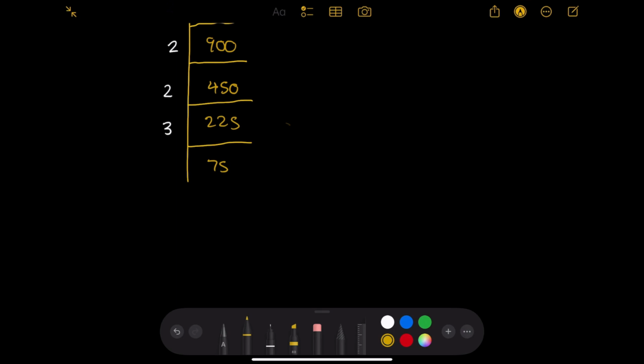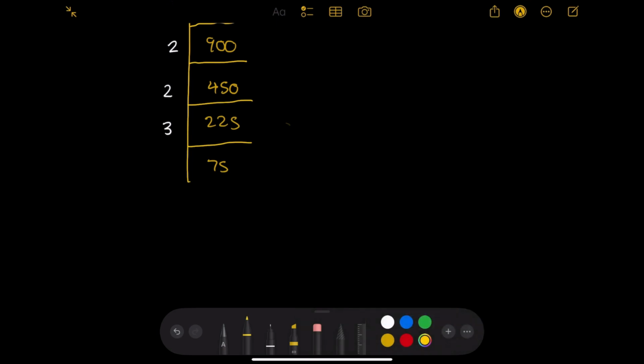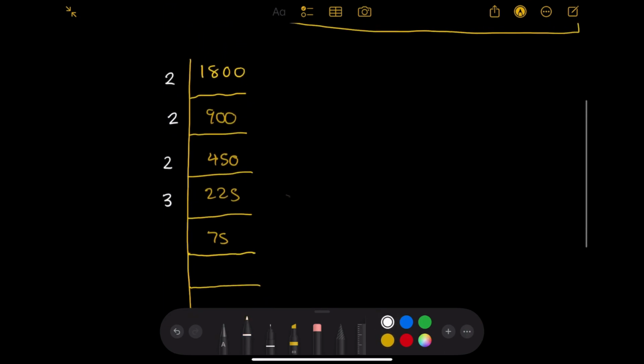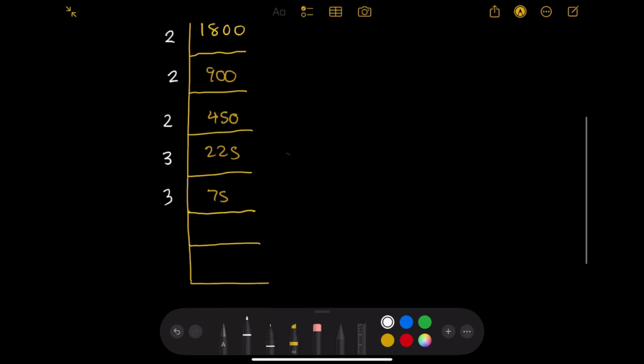Then with this number 75, what is its smallest prime factor? Can I say 75 divided by 3 doesn't give me a remainder? Yes, I can. And therefore, 75 divided by 3 is